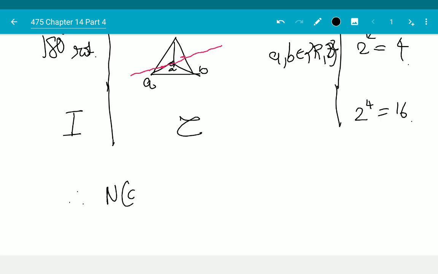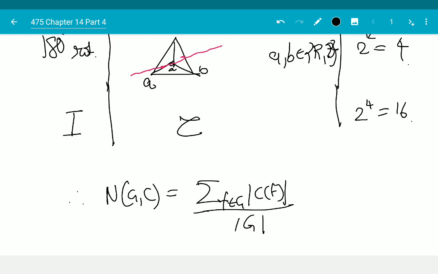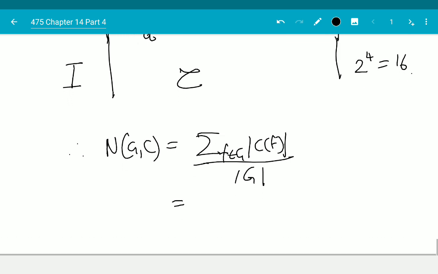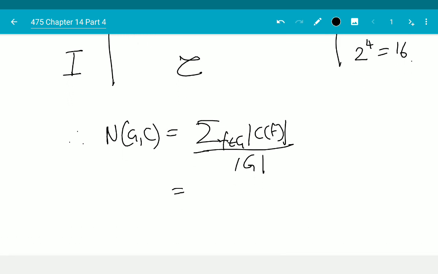Therefore, NGC is equal to the summation over F belonging to G of C of F over the absolute value of G, which is equal to, well, the sum of all of that is 12 plus 16, which is 28. No, sorry. Each of these is multiplied by the correct number of rotations. So 4 into 4 plus 4 into 4, because there are 4 clockwise and 4 anti-clockwise. There are 3 into 4 180-degree rotations, and 1 into 16